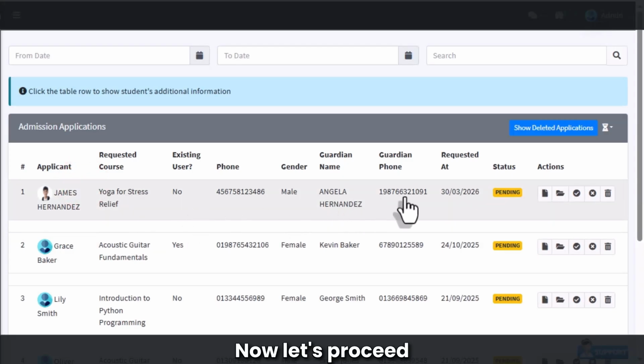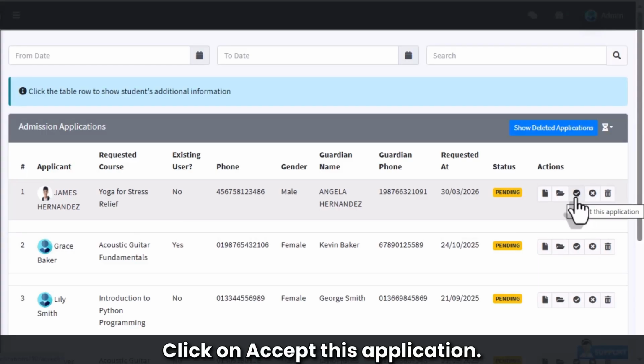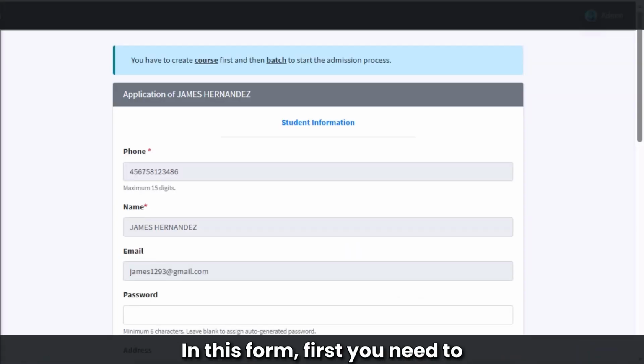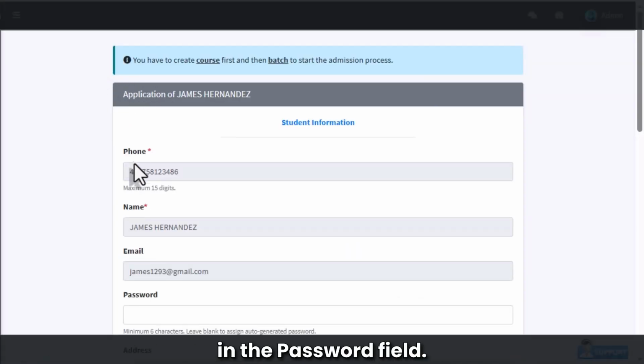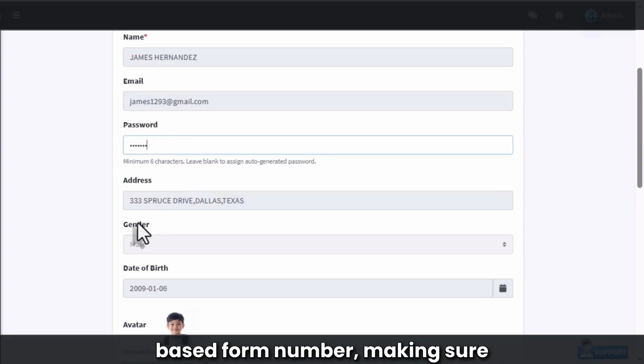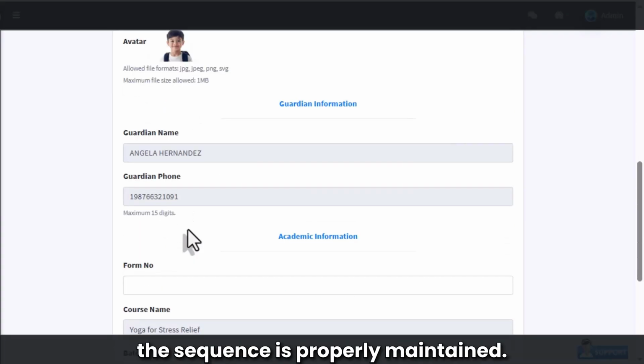Now, let's proceed to the Accept option. Click on Accept this application. You will be redirected to a form. In this form, first, you need to set a new password for the student in the password field. After that, move to the form number section and assign a serial-based form number, making sure the sequence is properly